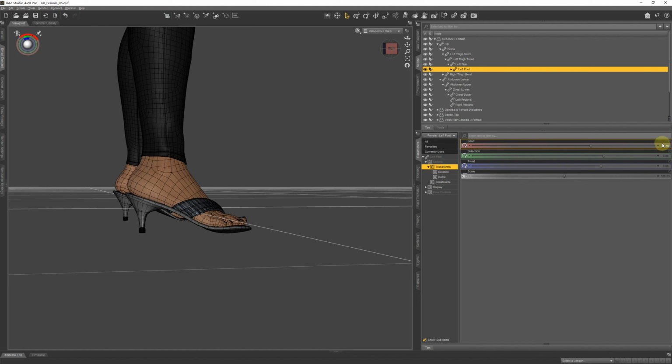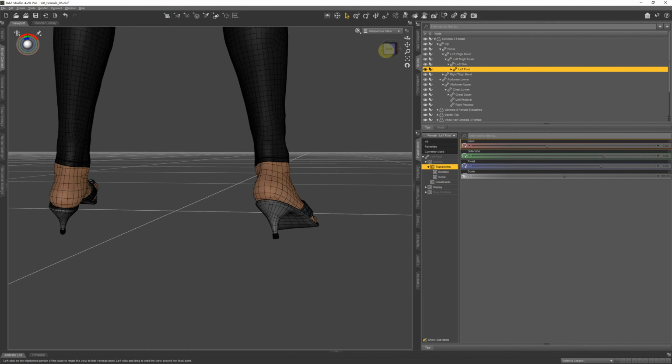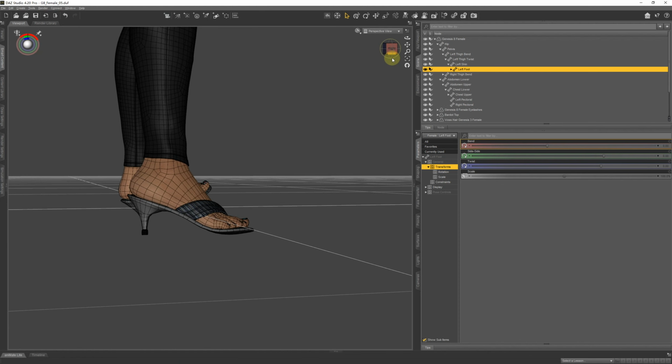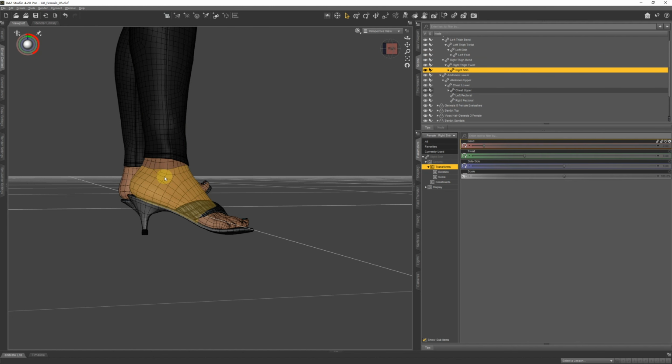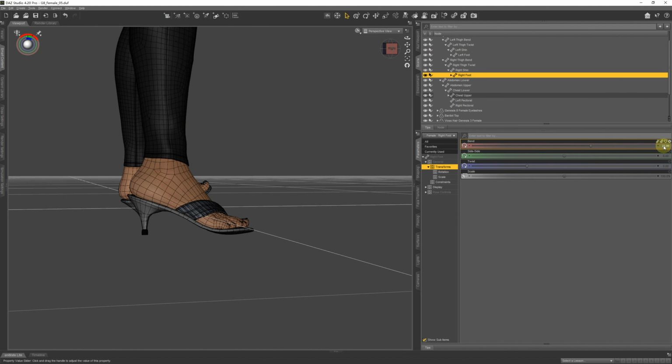Switch back to DAZ. Select the left foot. Reset bend to 0. Select the right foot.